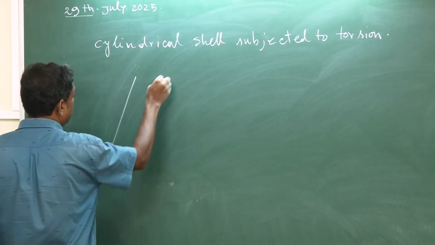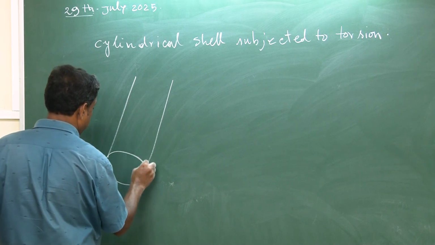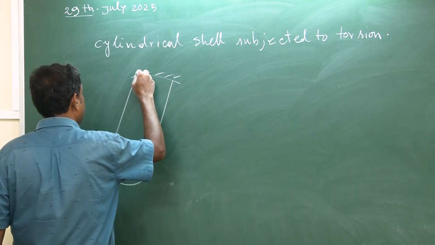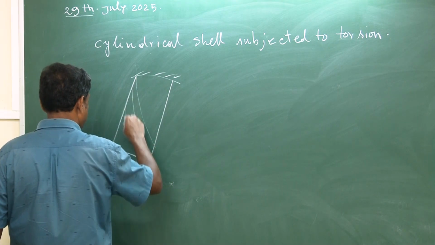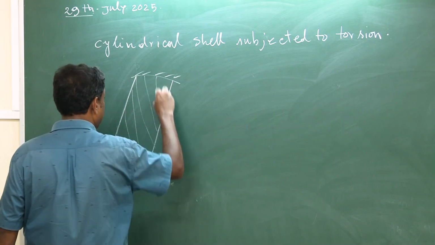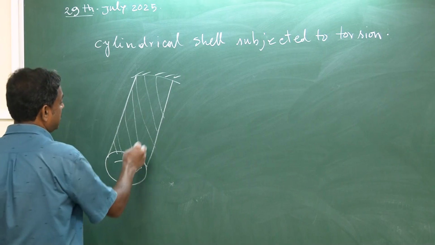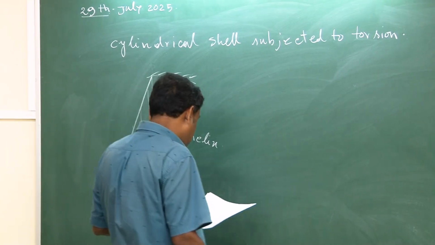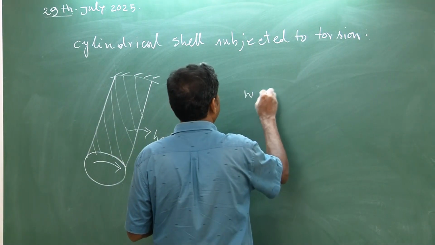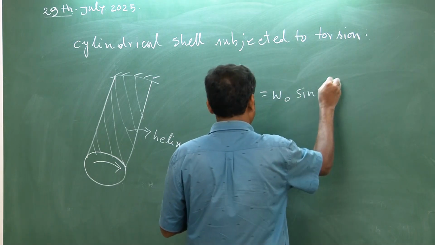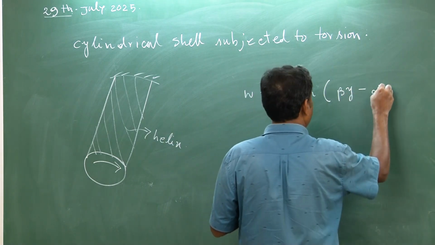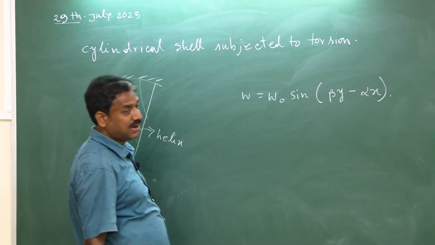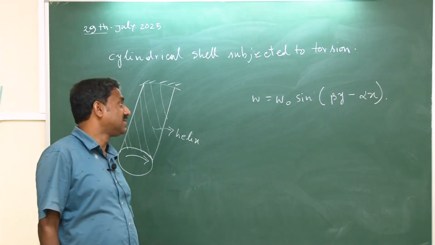We are considering this, and here it is. So, this is all twisted, right? You see, this is a helical structure, helix or helical structure. So, you see that the wave will assume W is equal to W0 sine beta y minus alpha x, because this helix can be represented using this instead of a multiplication of the two cosine or sine functions satisfying the